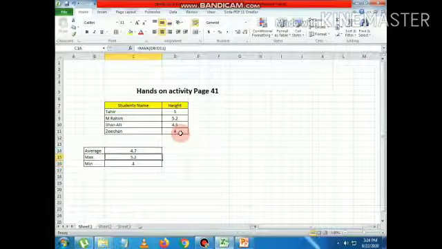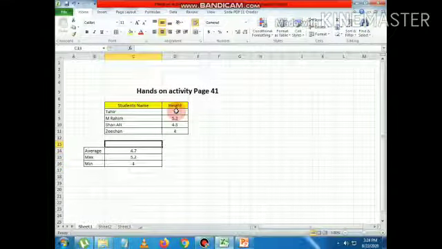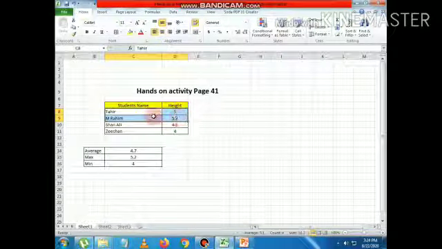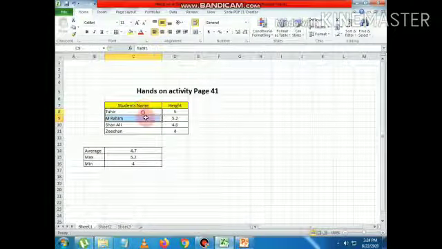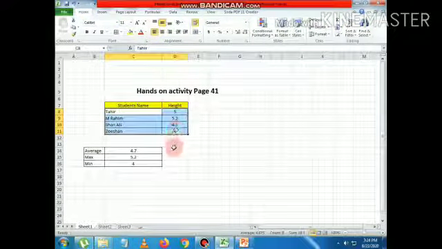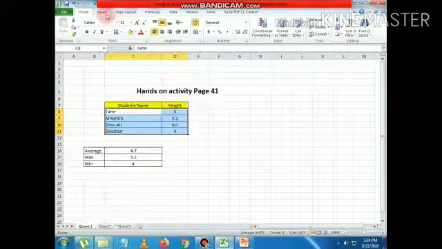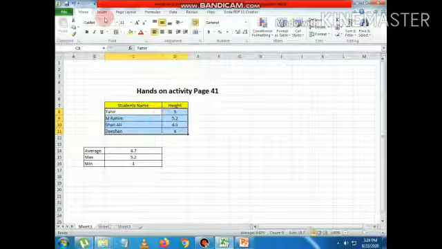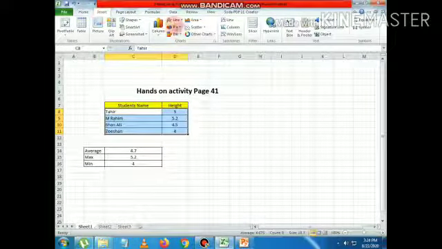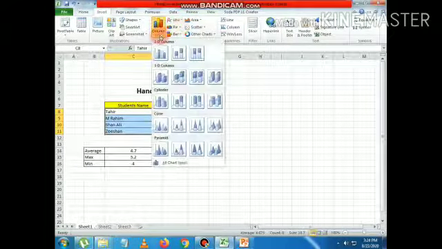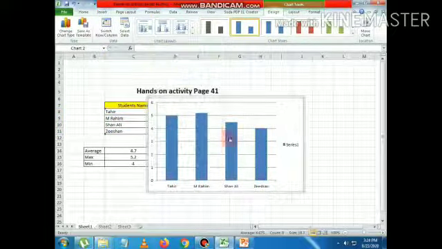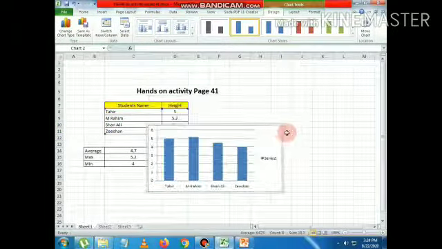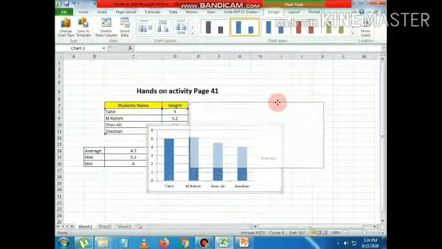Now students, we will apply charts. First we will select the data, then we will click on Insert. Students, we can resize the chart and we can adjust the chart.